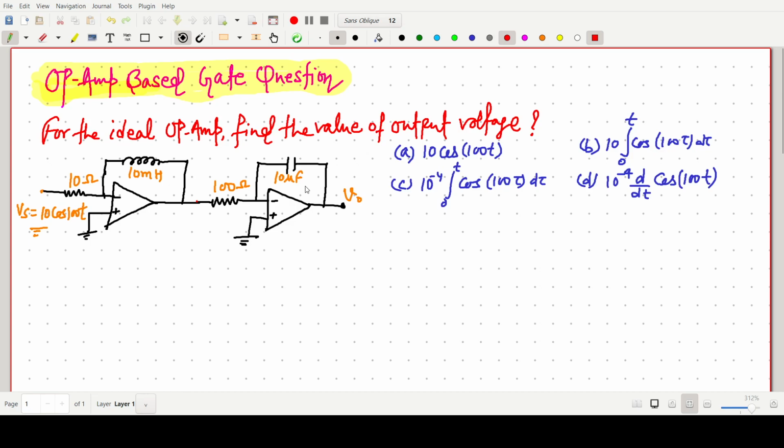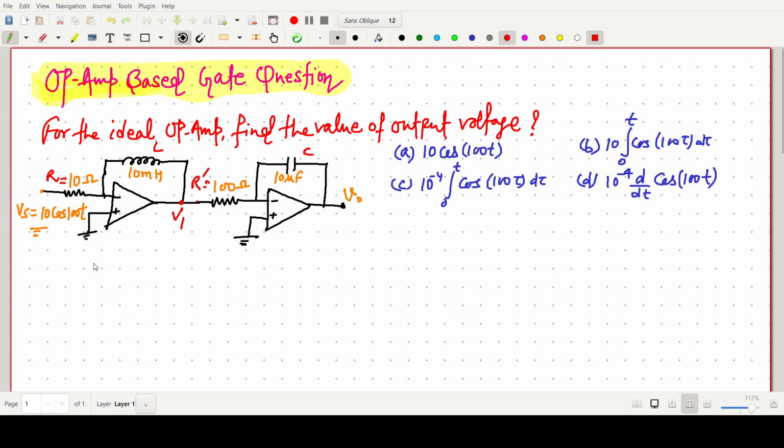So I am not right now discussing which is an integrator or differentiator like that. In such cases we have to find the gain or output voltage at this point V1, then we can find the output voltage at that point. For the time being I am saying this one is L, say this is our R resistance, and say this one is R dash, and this one is say C.